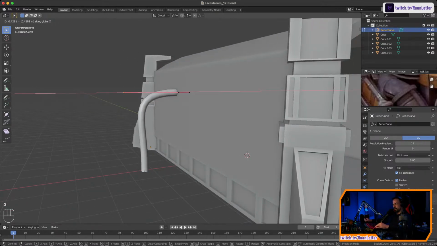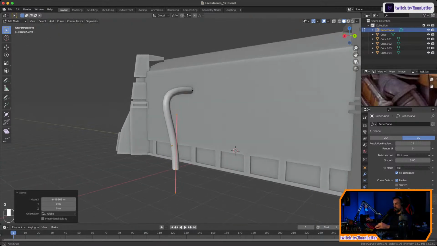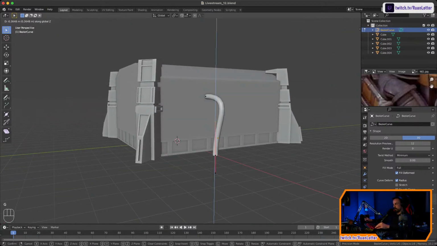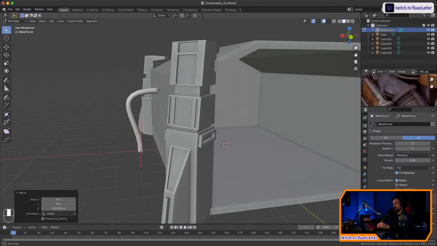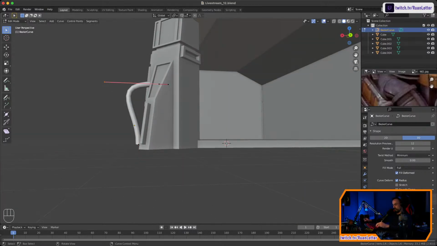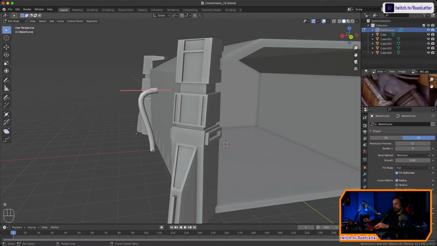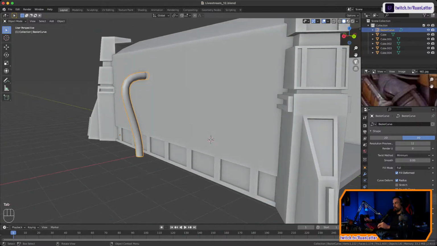Keep it relaxing. Okay, so I think this might do the trick. Maybe if we bring this down a little, just to have a bit of a pipe coming out of the side. Maybe if we bring that a little closer. Yeah, I kind of like that. All right, so now once we're happy with our curve or our pipe,